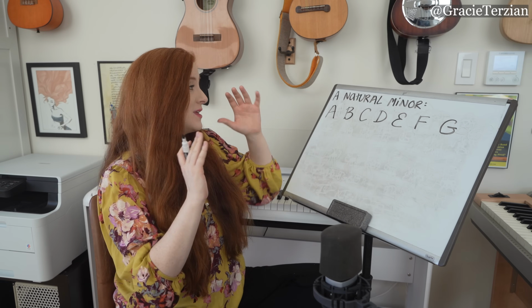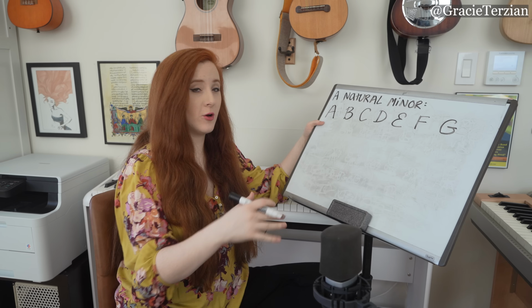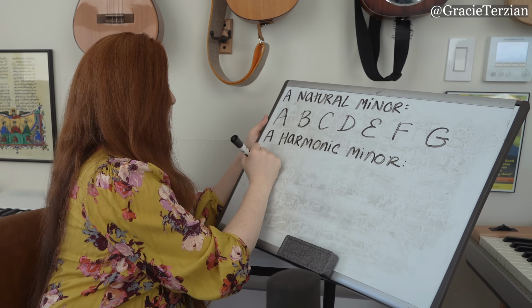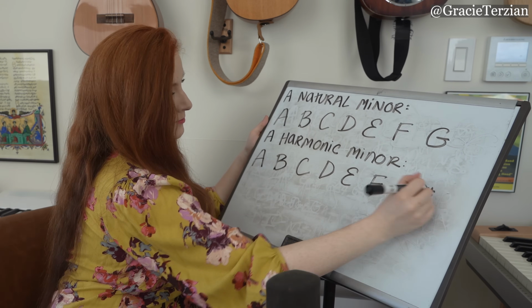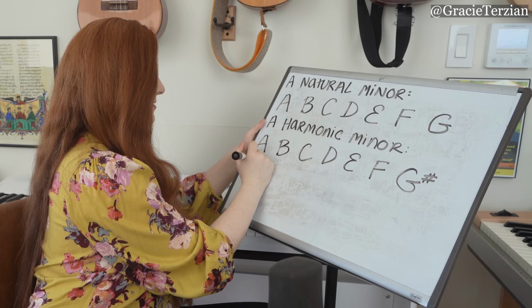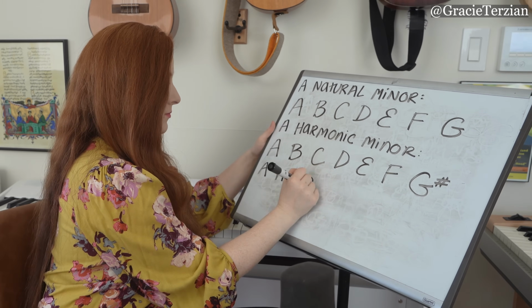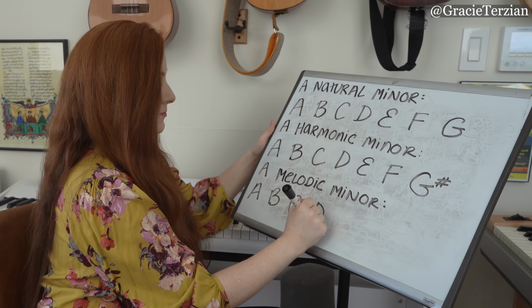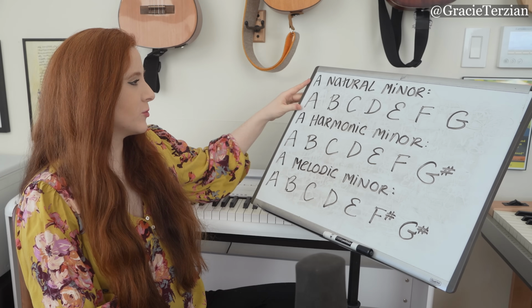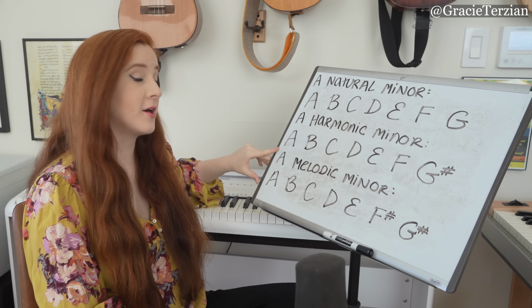Now we also have the A harmonic minor scale, which is, and finally, we have the A melodic minor scale, which is, so we have these three minor scales, the A natural minor scale, the A harmonic minor scale, and the A